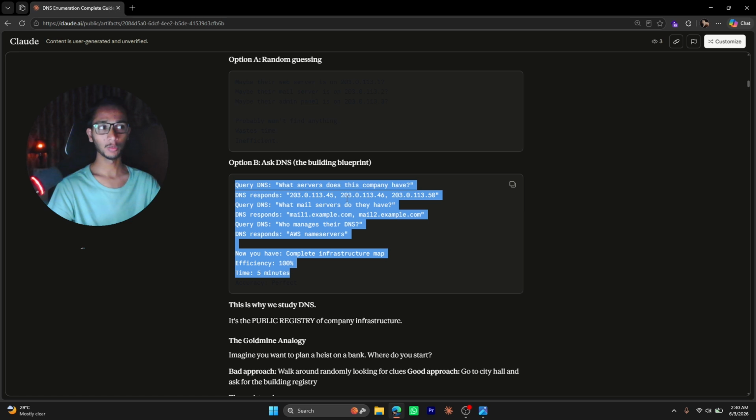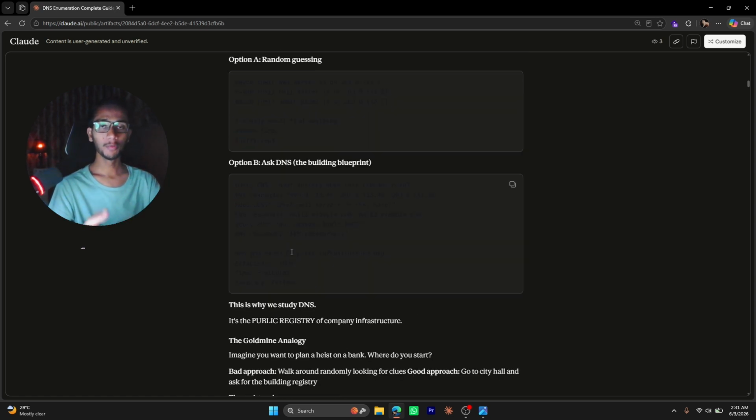The DNS will respond with this IP address, this IP address, this IP address, and I'm going to explain why there are multiple IPs. We can also query the DNS for what mail server they have, and who manages their DNS. From that we will understand the full infrastructure of that company, and based on that we will move further.